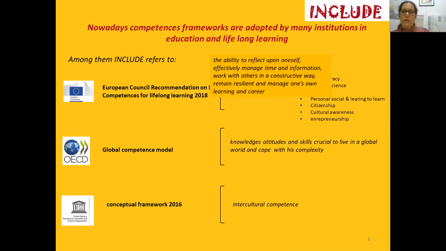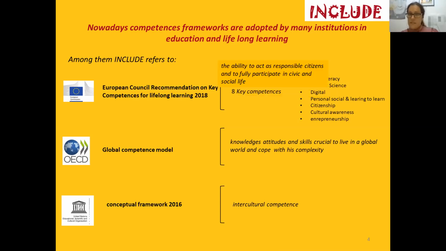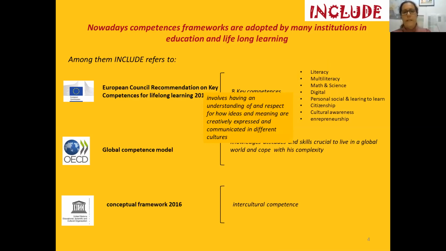Then personal, social and learning to learn competencies, that is the ability to reflect upon oneself, to manage one's own learning and career, and to communicate with others. And citizenship is another pillar for Include, the ability to act as a responsible citizen and to fully participate in civic and social life. And finally, entrepreneurship, that means